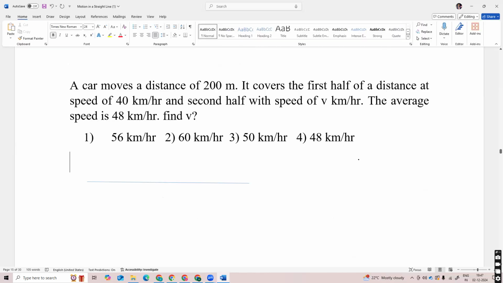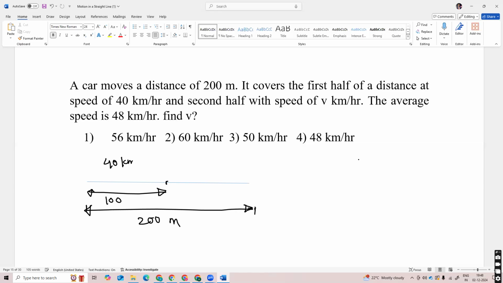So they have given that the car moves a distance of 200 meters. So this total distance from this point to this point is 200 meters. It covers the first half of the distance at a speed of 40 kilometer per hour. So first half means basically 100 meters. So for the first 100 meters, it moves at a speed of 40 kilometer per hour. For the second, remaining 100-meter distance, it moves at a speed of